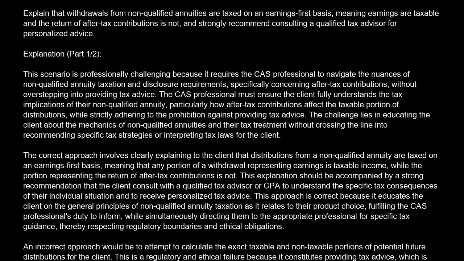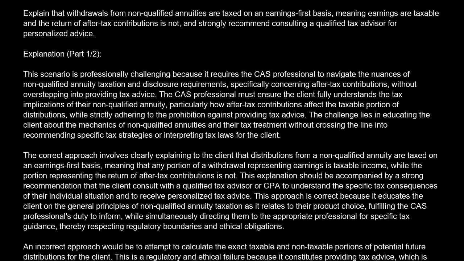The correct answer is C. Explain that withdrawals from non-qualified annuities are taxed on an earnings-first basis, meaning earnings are taxable and the return of after-tax contributions is not, and strongly recommend consulting a qualified tax advisor for personalized advice. Explanation. This scenario is professionally challenging